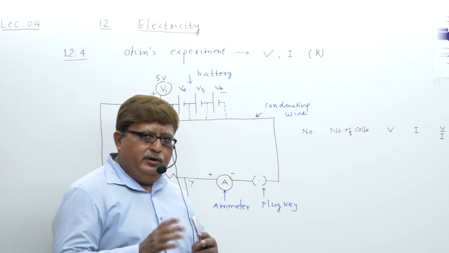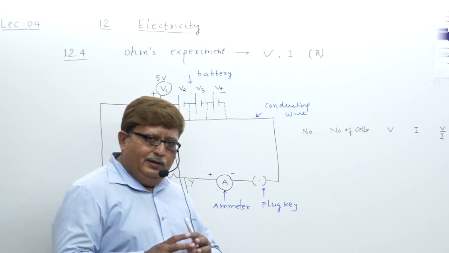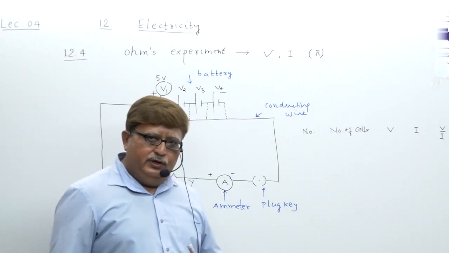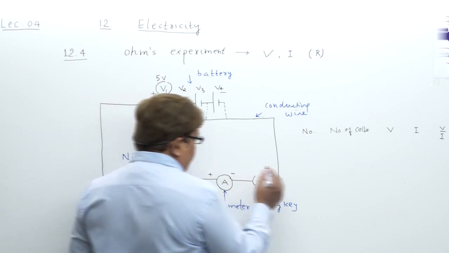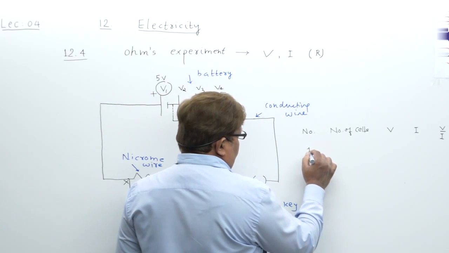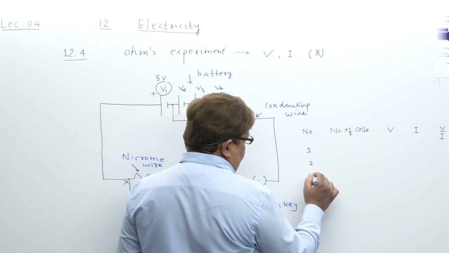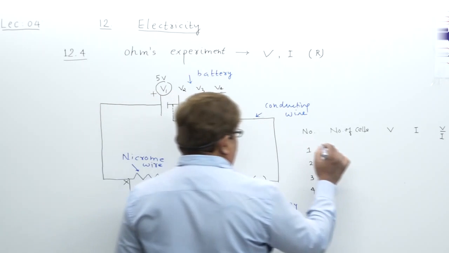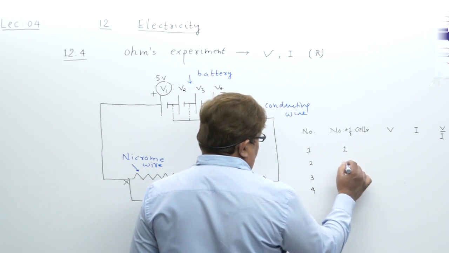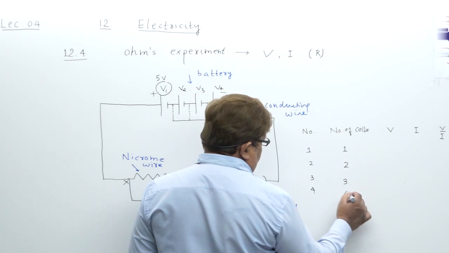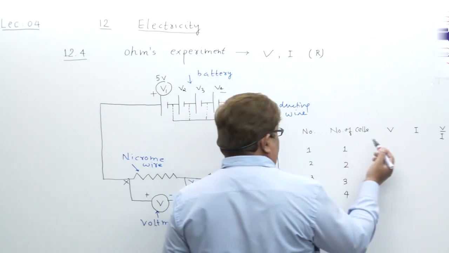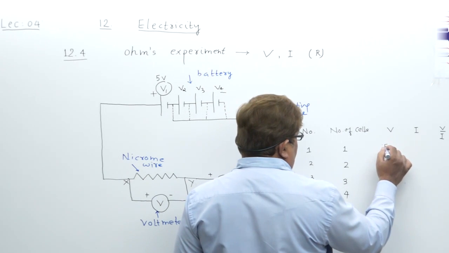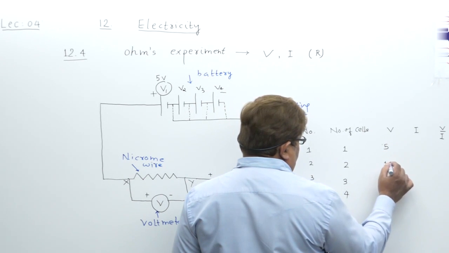I am just giving you some assumptions to understand the relation between V and I. Suppose, my dear student, 4 cells. So we are going to perform 4 stages in this experiment. 1 cell connected, then 2, then 3, then 4. Can you tell me, just now I explained, what could be the volt here? 5. 2 cells means 10,